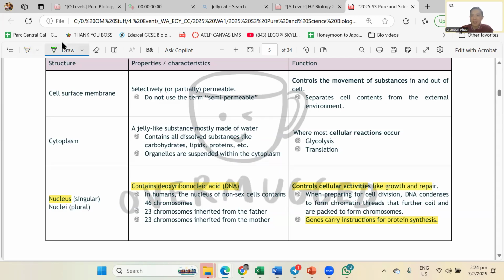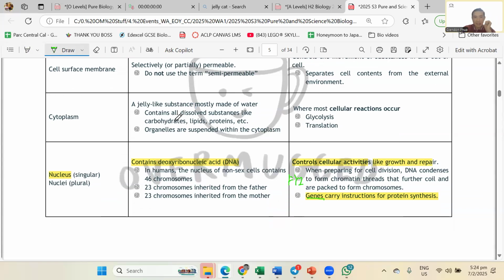Now, this part here about condensing at this stage is FYI, for your info. The main focus I need you to know after today is the nucleus has genetic information, DNA, controls activities like growth and repair. And what is this information? It is the genes. So check the Taylor Swift. She is the middle of everything. She is the nucleus of her whole concert. I will come to cytoplasm and cell surface membrane later.